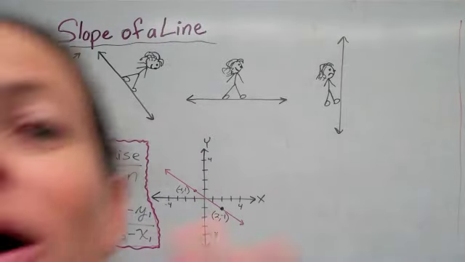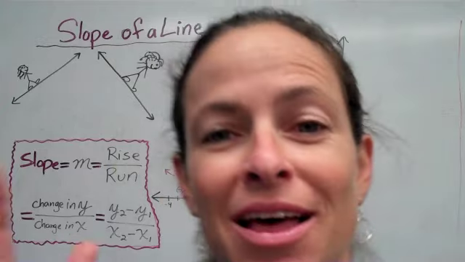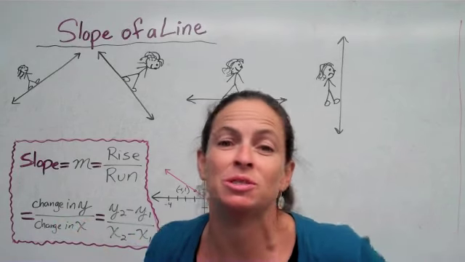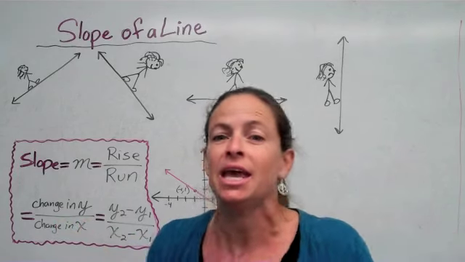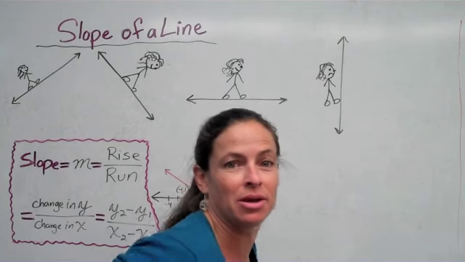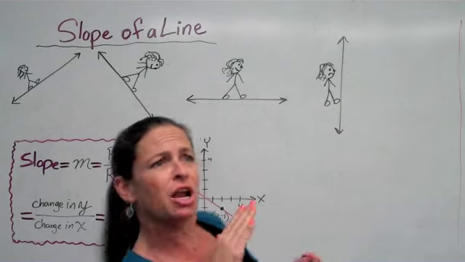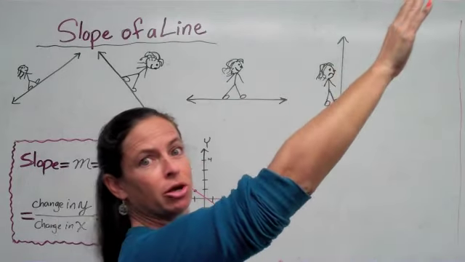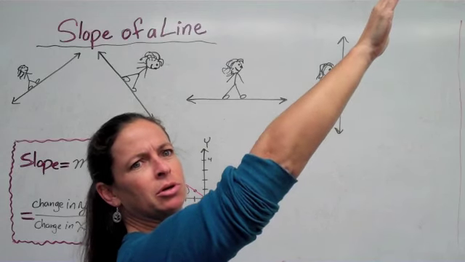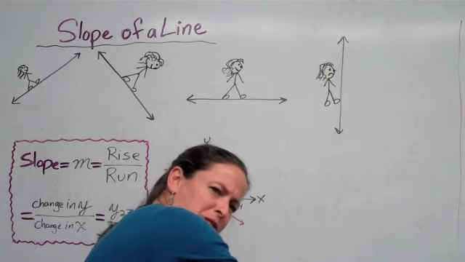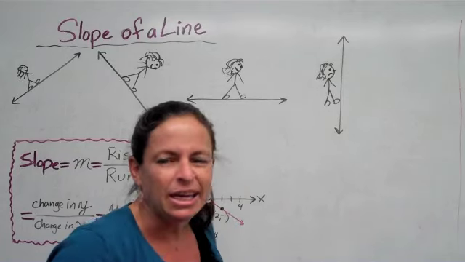Slope of a line. We're going to study slope of a line because winter's almost here and we're going to go skiing and then go down the mountain. Is it going to be a really steep mountain? If it's a really steep mountain, it's got a big slope that we've got to go up. But we don't ski uphill, we ski downhill. So if we're going to ski downhill, we're going to go down a really steep slope unless we're kind of scared,